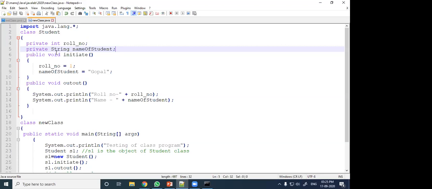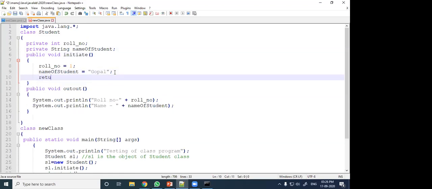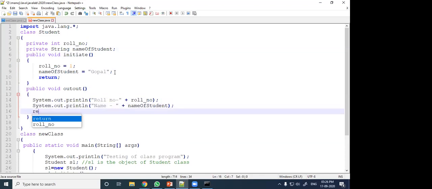Okay, so public void insert, public void. Void means return type. If some return type is required, then we will write the return type. In C program also you know this. Void means it will return nothing. Okay, so also you can write the return keyword at the end of the function.